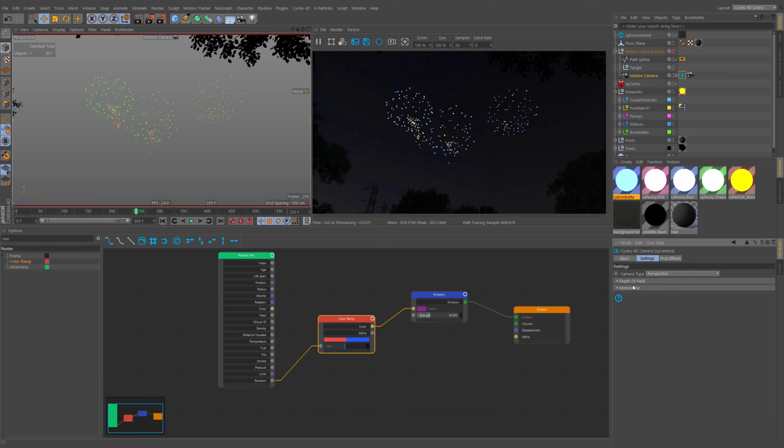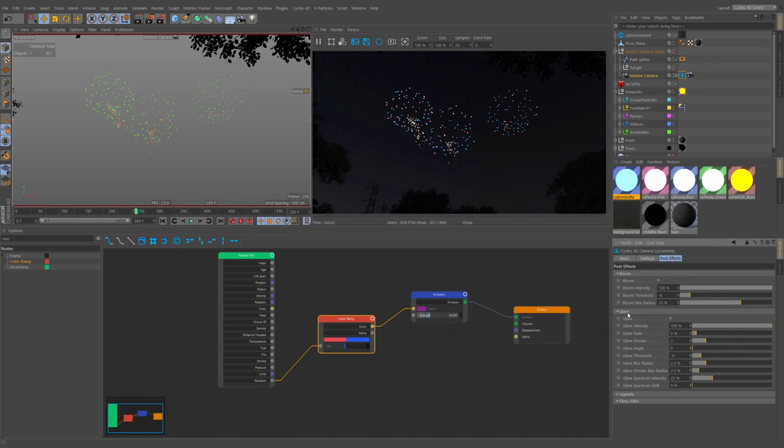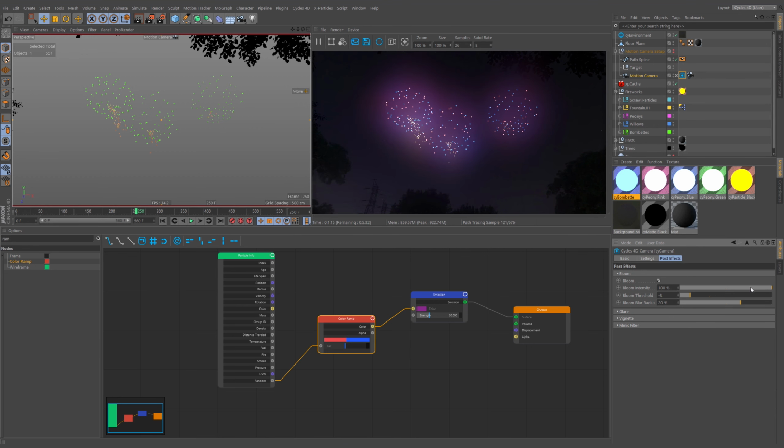So we've got all the options here for depth of field, motion blur, that kind of stuff. But really what I'm interested in right now is the bloom. There's also these glares and vignettes and stuff like that, but let's just focus on the bloom here. And really I'm going to use this as a guide. I'm not going to render this out. I'm just going to use it as an idea of what it's going to look like when we get it